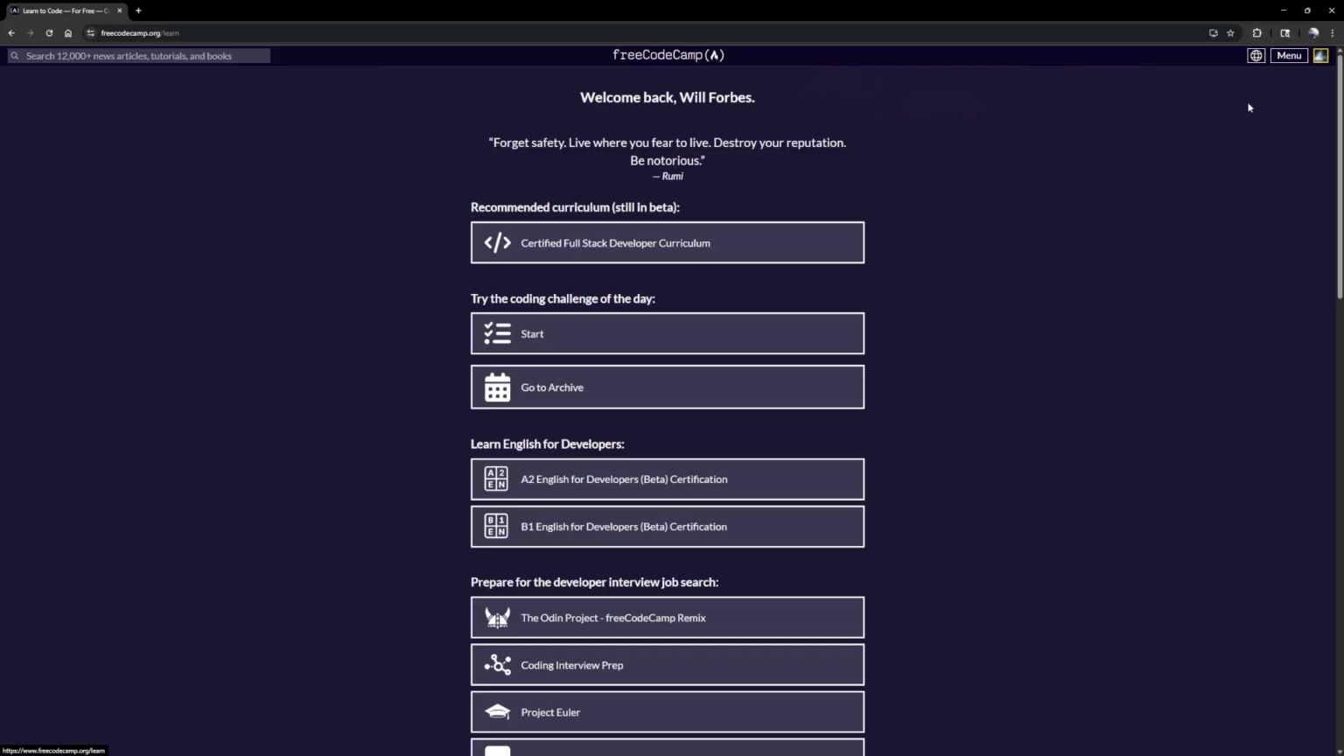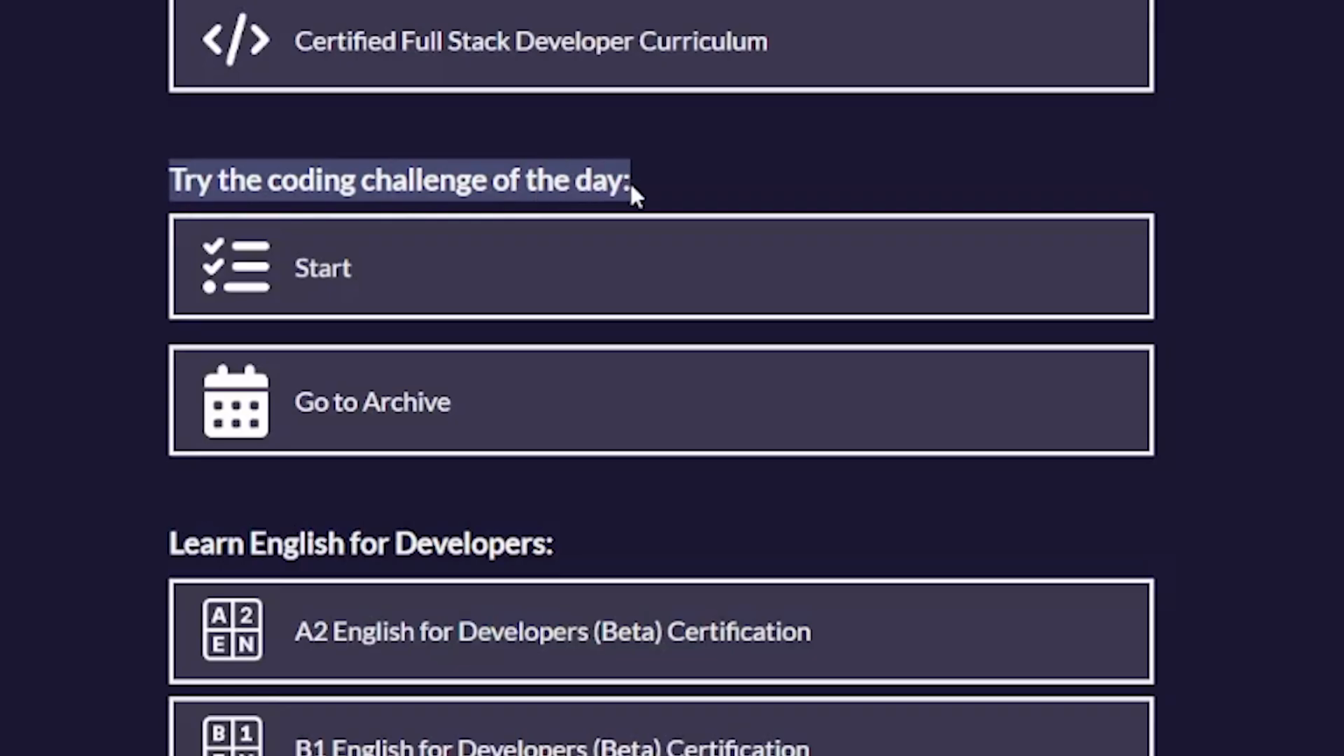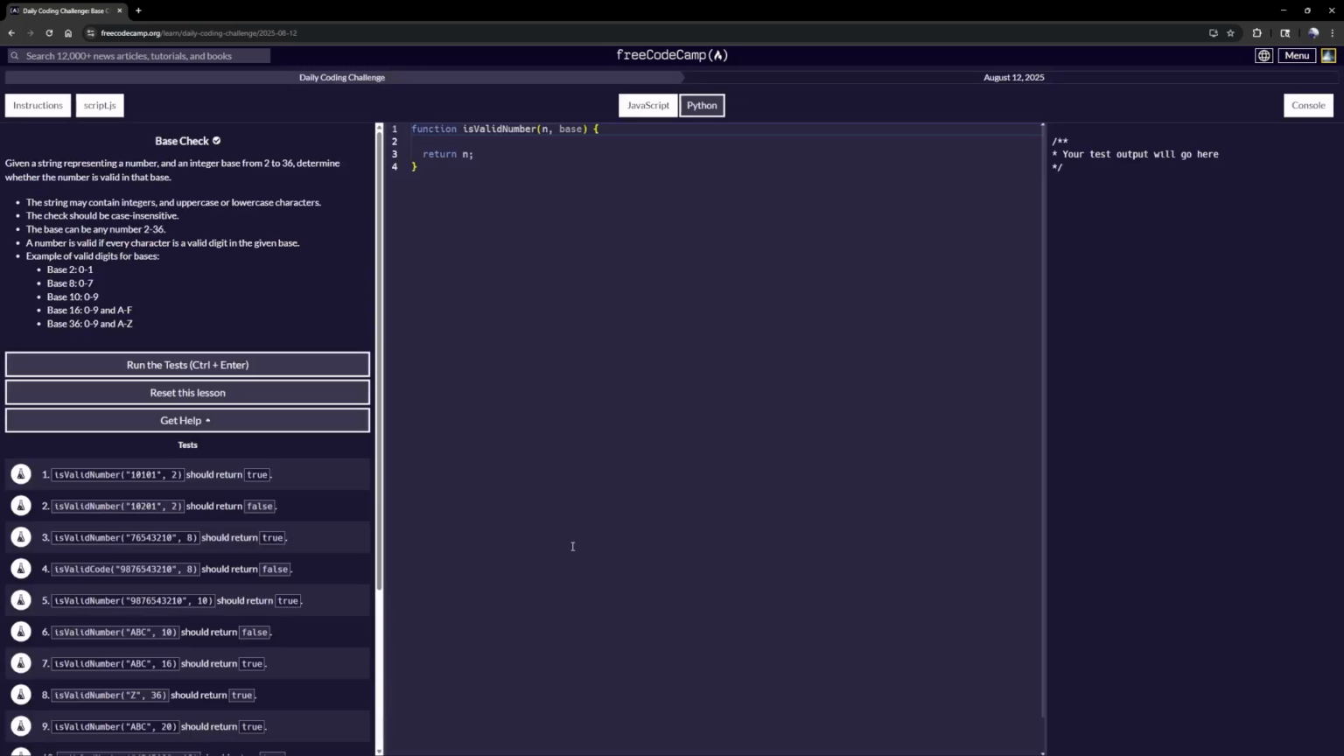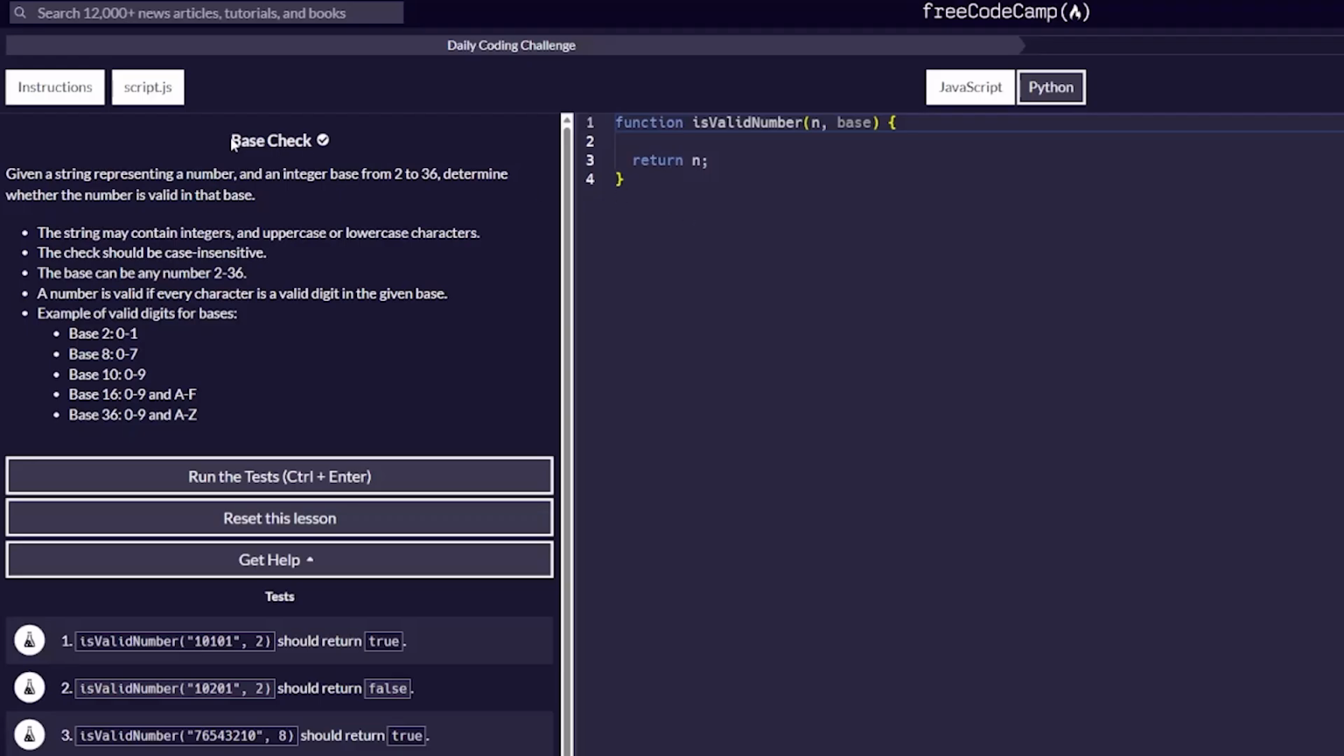I'm going to go to the curriculum page and check out the Try Coding Challenge of the day. If you go to the archive, you go back to August 12th. That's the problem we're doing right here in this video, and it's called base check. Given a string representing a number and an integer base from 2 to 36, determine whether the number is valid